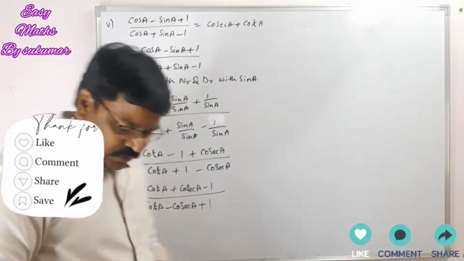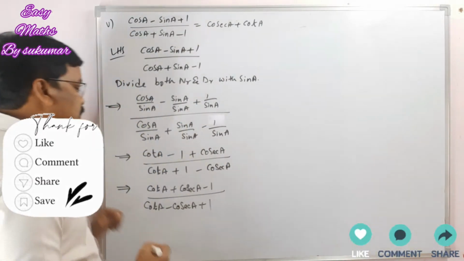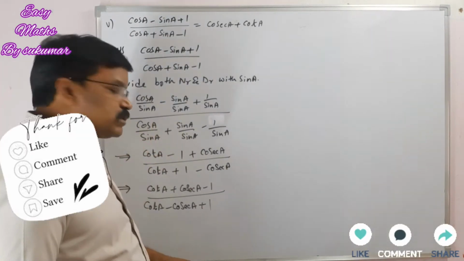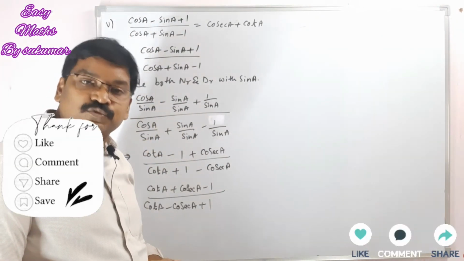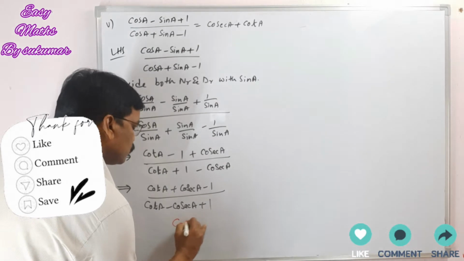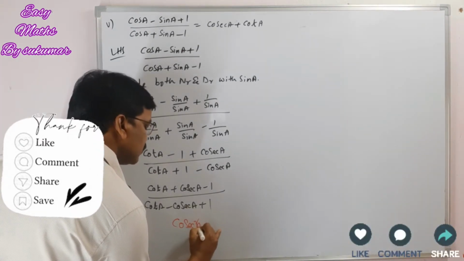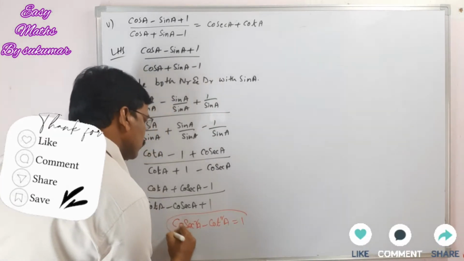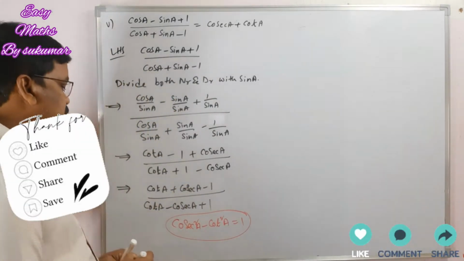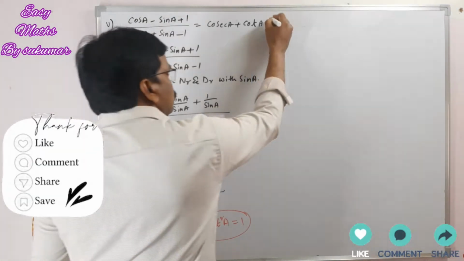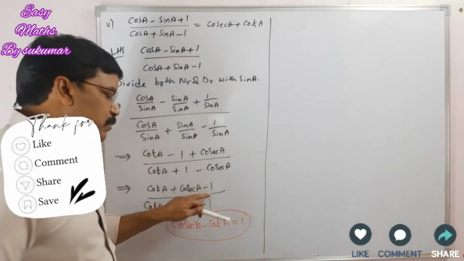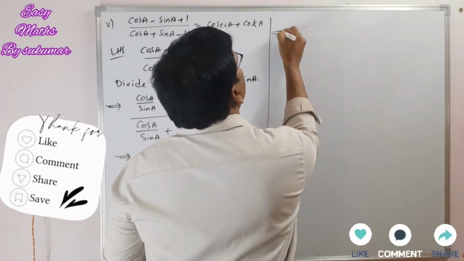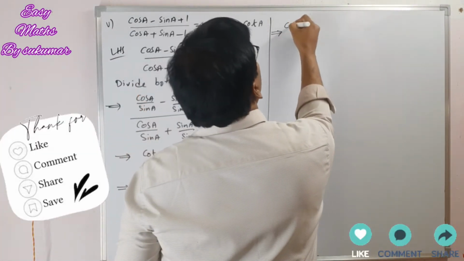Right. See, my dear students, here what I am going to do here is, instead of this 1 we can write cosecant square A minus cot square A is 1, right? So here cosecant square A minus cot square A, this result is equal to 1. So my dear students, here just substitute this 1 means cosecant square A minus cot square A. So this implies cot A plus cosecant A